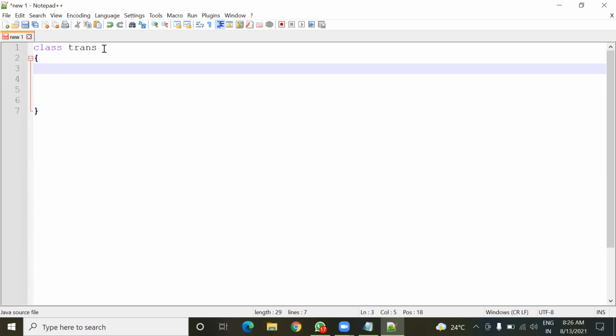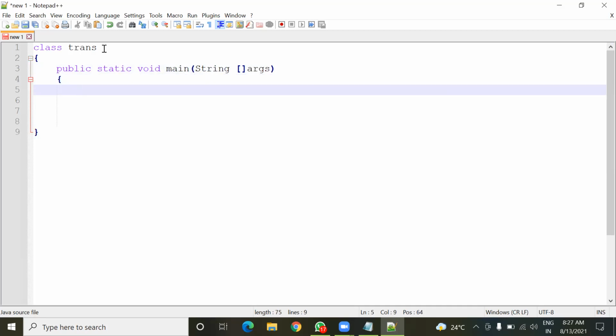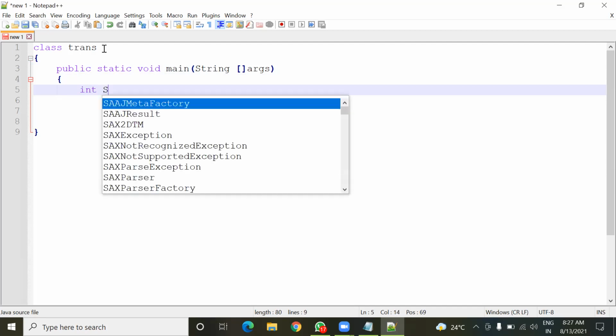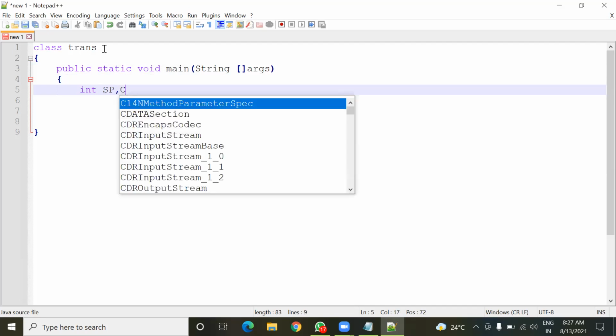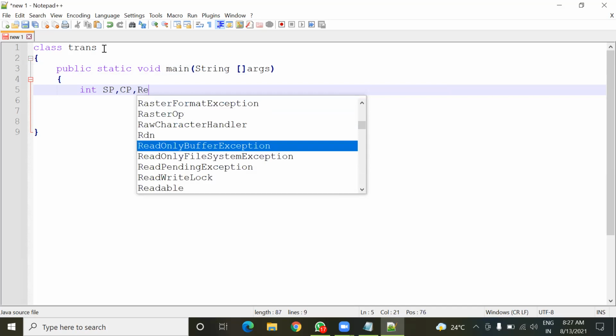I'll first declare a main method, so I'll have to type public static void main, and here inside, String args like this. Then there will be the block of the main method, and here I'm going to declare variables sp, cp, and one more variable res.